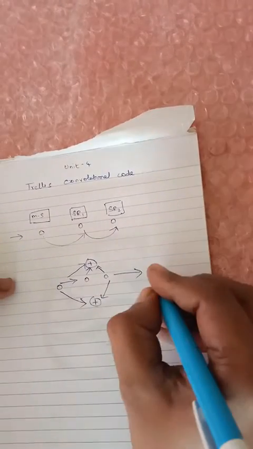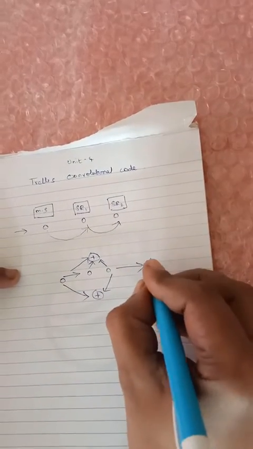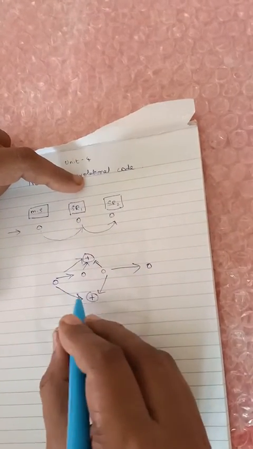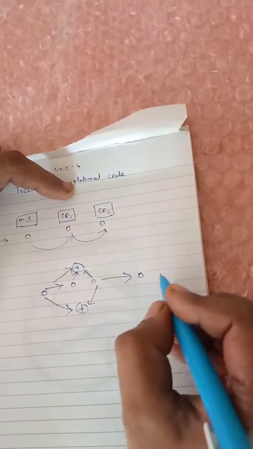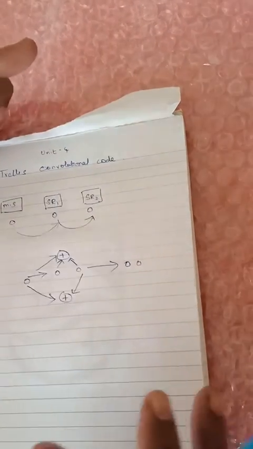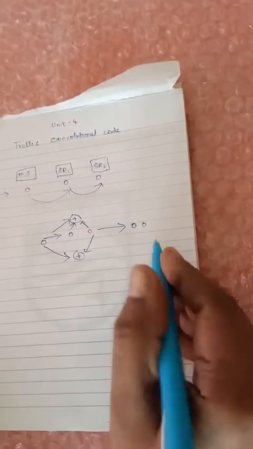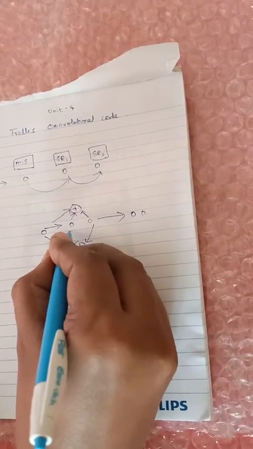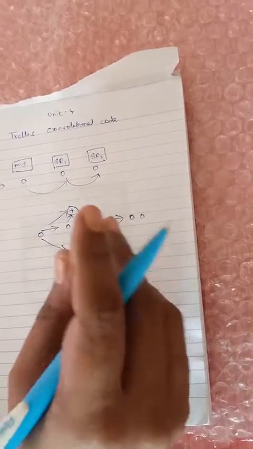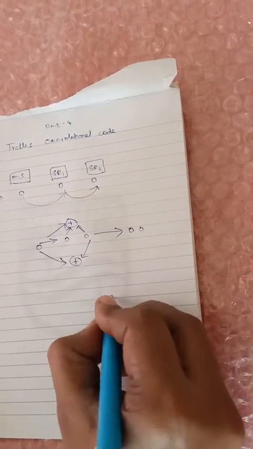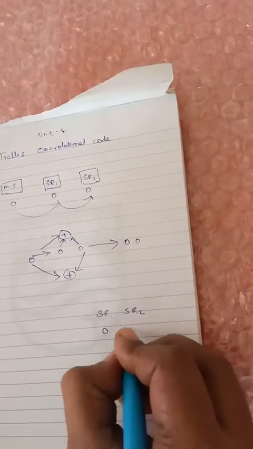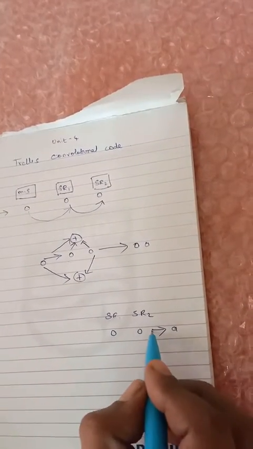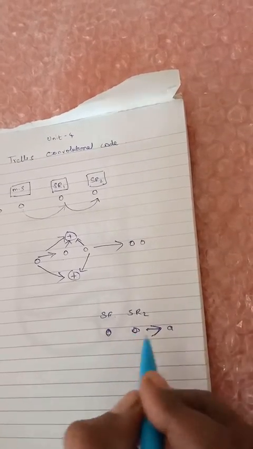Similarly in this case you will be doing XOR. So 0 plus 0 plus 0, your value will be 0. Similarly here the first value is 0, the last value is 0. So 0 0 will give you the value 0. Now we have to assign some variables for the state. So now the value is 0 0. Here whatever value is there in SR1 and SR2 is your current state. SR1 and SR2 value here is 0 0, for which I am going to assign a state called A.